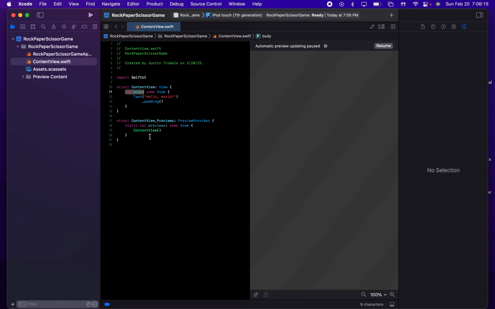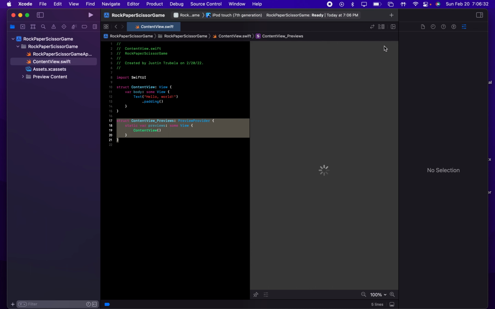Underneath that, we have a structure called content view preview. This tells our automatic preview updater on the side right here that it'll run a preview of our app and what we have currently coded on the screen. So after this gets loaded here,